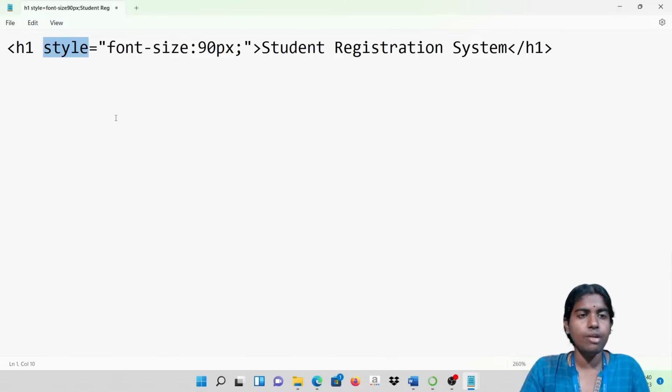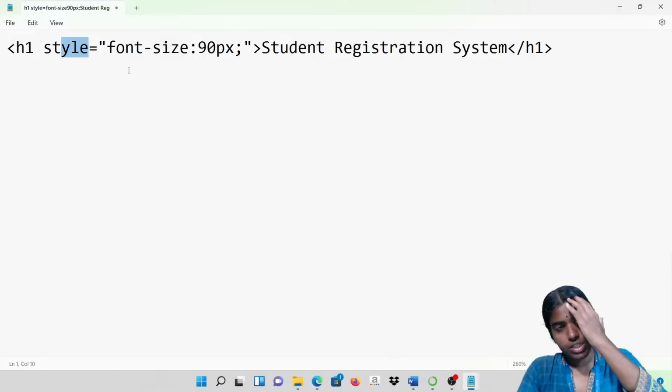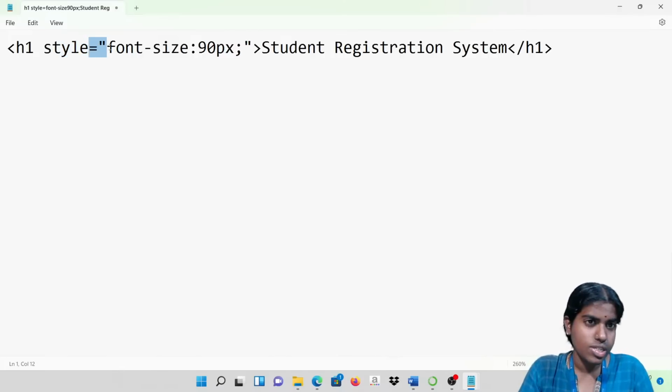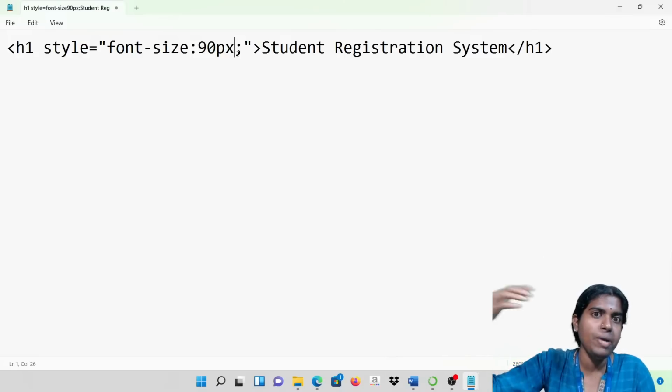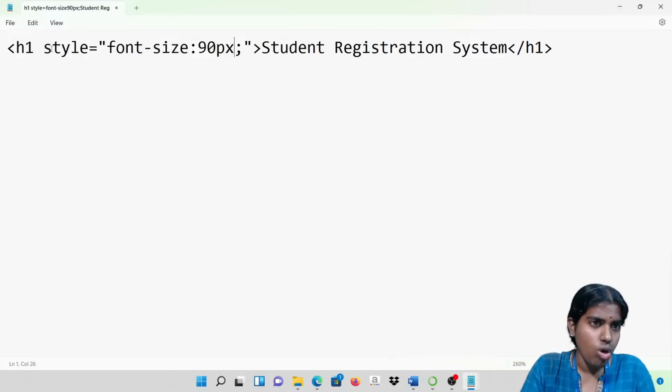I have this style attribute, and within double quotes I am mentioning the font size, font size I am mentioning here as 90 pixel. For example, I am developing some bigger web pages. If I want to include some colors to my headers, what is the use of attributes? The entire hypertext markup language, everything I am going to speak of hereafter, is based on tags and attributes.